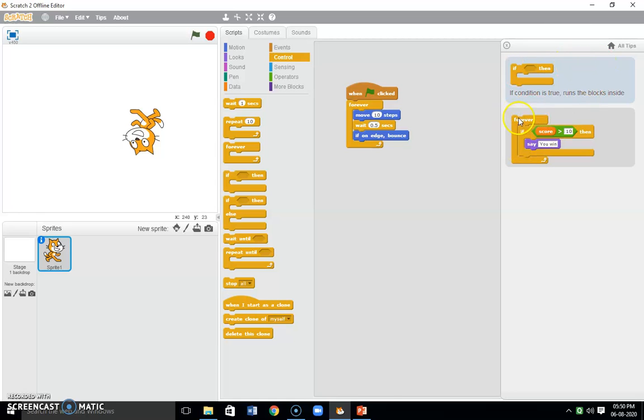Here you can see the forever block is used, but inside it an if block is used to control the program. If score greater than 10, then say you win. At a particular time or under a particular condition, if you want to show some message, broadcast some message, play some sound or change something, then you can use the if then block.